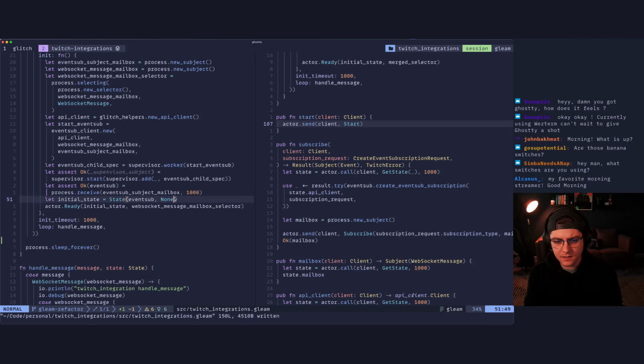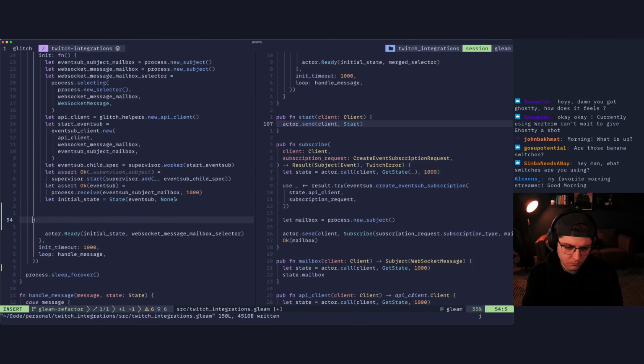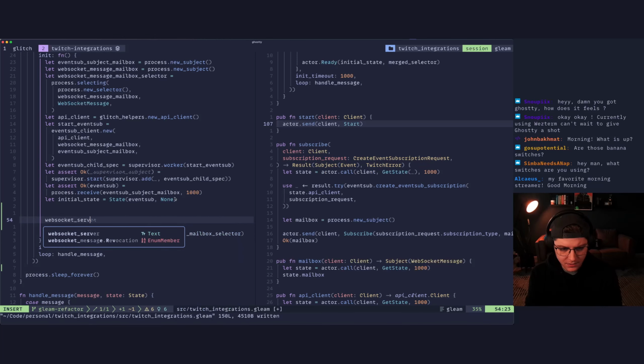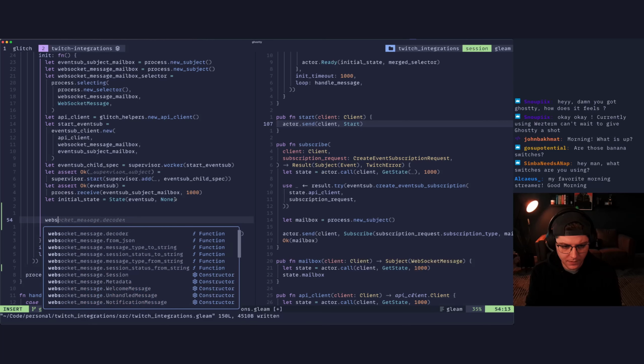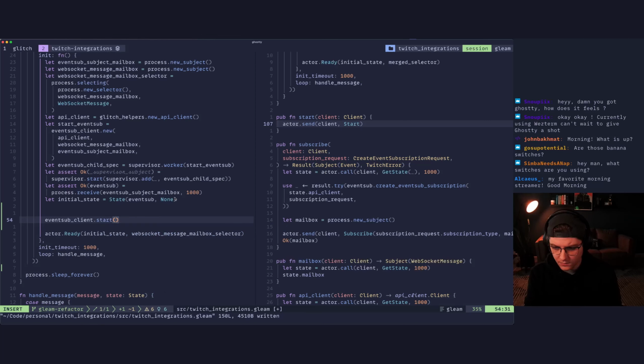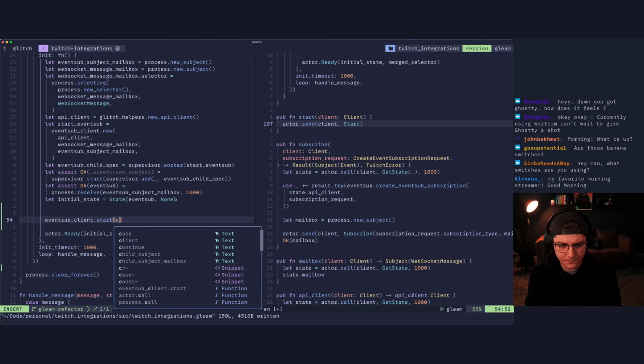So we should be able to take this and we should be able to say, because I think we left off yesterday and our WebSocket server wasn't actually starting. So I think we just have to hopefully do this. Oh wait, it'll be event sub start. And that'll take an event sub.